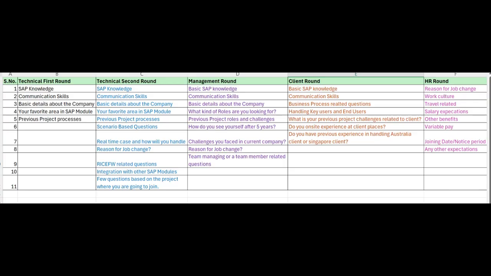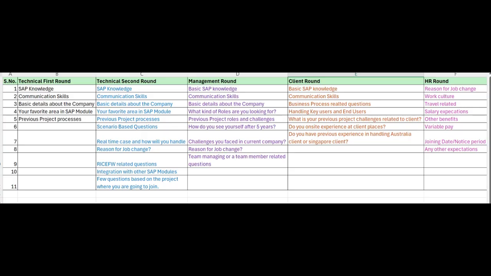Yes, if you go with that option, when you receive the stock from overseas, you will have challenges to clear your customs or to calculate your customs. They may ask for any kind of examples in this, so they will go a little deeper into real time, and more deeper questions will come. Generically, this kind of 4 round interview can apply for 4 years to 15 or 20 years of experience. Okay, so that can happen.